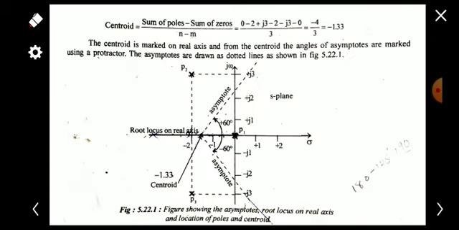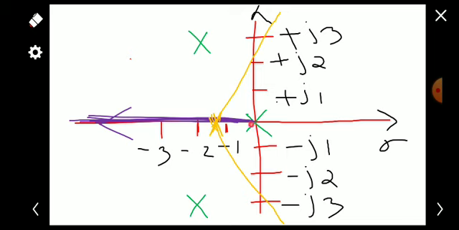So in this figure we know that there are only three poles, so it won't contain a break-in point on the real axis. But we have to prove that. Suppose there was a pole here, at this point,